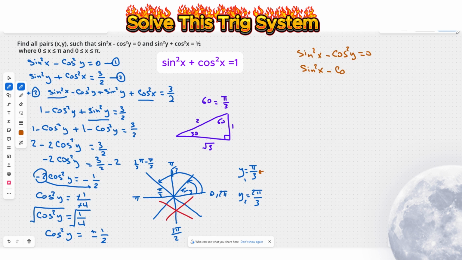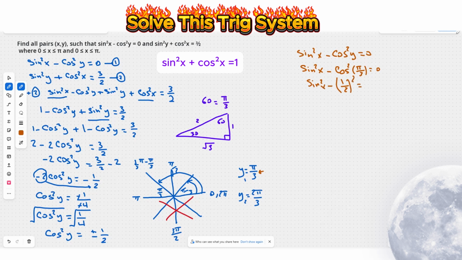So I'm going to have cos² pi over 3. And we know cos pi over 3, which is cos 60, is 1/2. So we have sin² x minus 1/2 squared